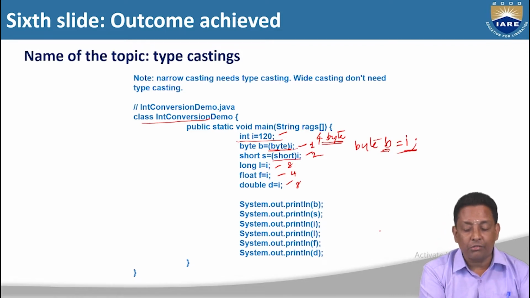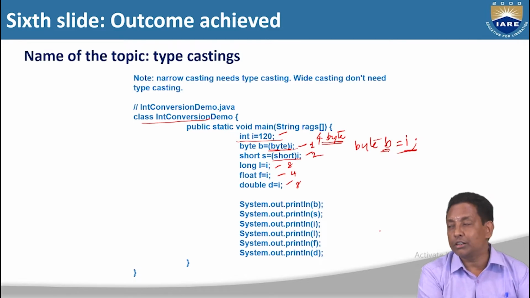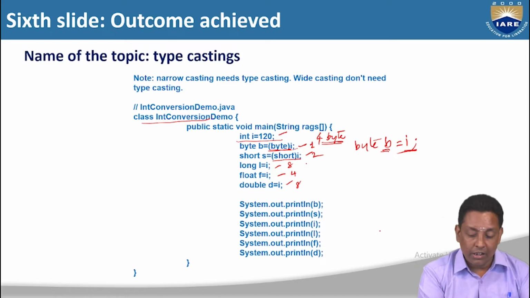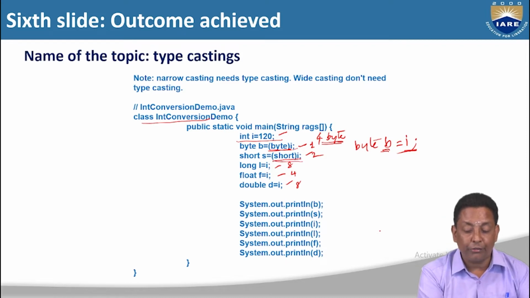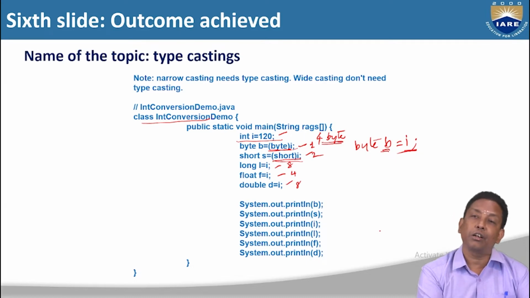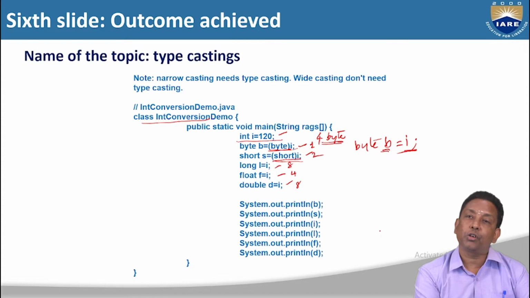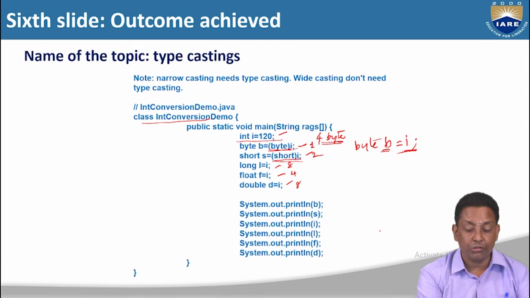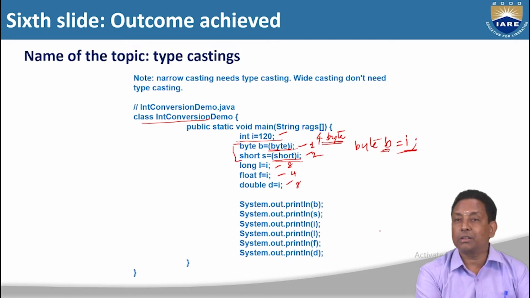Similarly, an integer value is a 4 byte value, short is a 2 byte data type. So how can we assign integer to short? 4 byte value to 2 byte value. Hence, we need typecasting here also. Before the integer, we need to put short in brackets, so the compiler and interpreter understand that the integer value is to be assigned to short. So whenever we are assigning a higher data type value to a lower data type value, typecasting is compulsory.